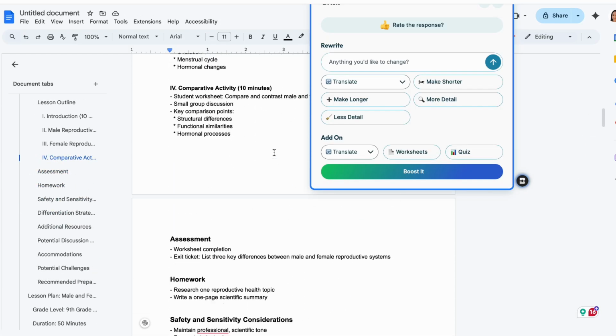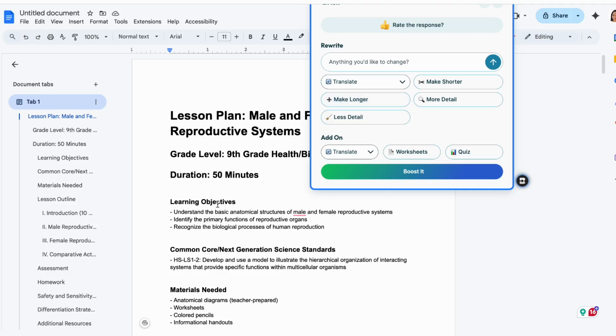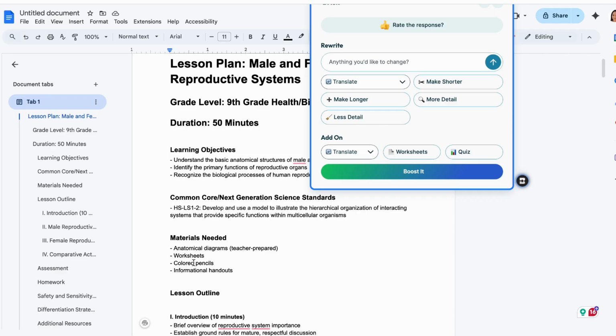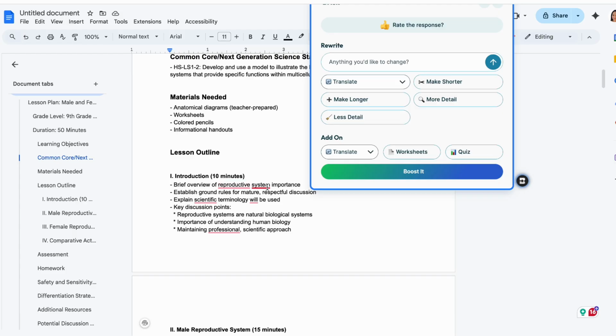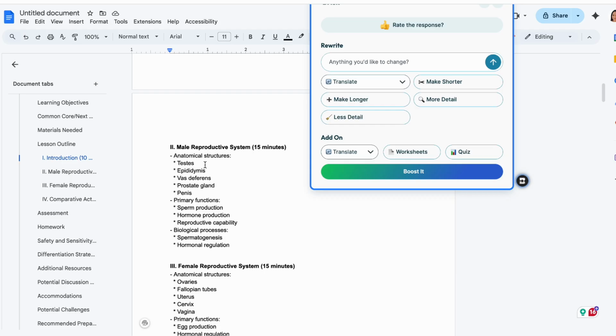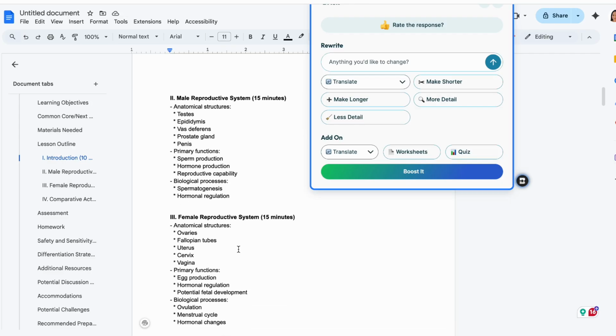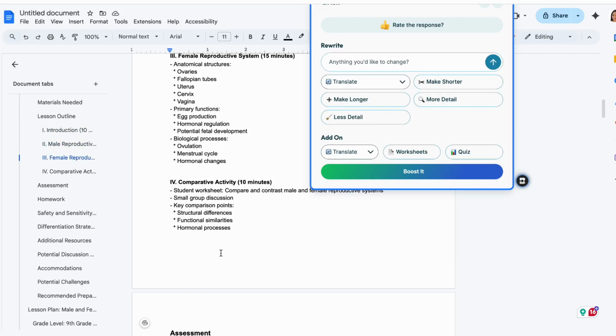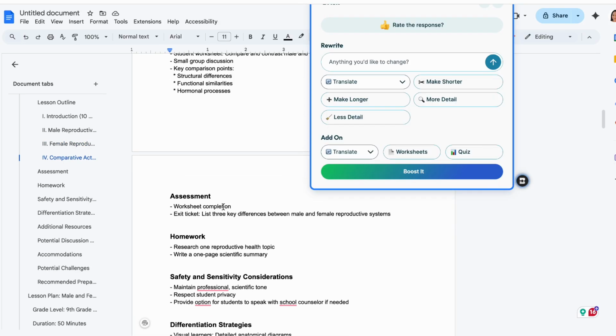So now let's look at the lesson plan which it created first. It is giving the grade and learning objective, everything here. Identify the function of reproductive organs, then the Common Core standards and the Next Generation standard, what materials are needed, lesson outline, everything here, key discussion points, and finally what you are supposed to teach, like the male reproductive system, what are their parts, what are their functions, the female reproductive system, what are the major parts, their functions, how you do the comparative activity, assessment and